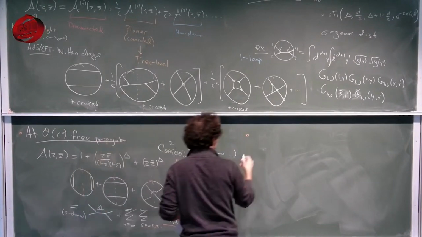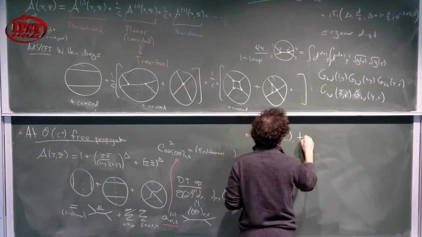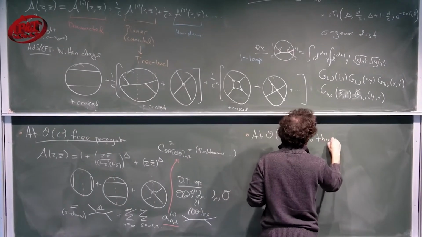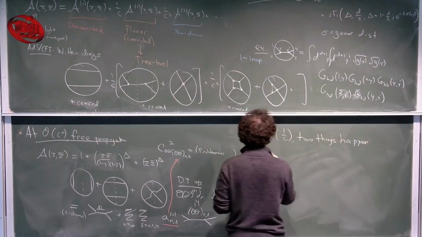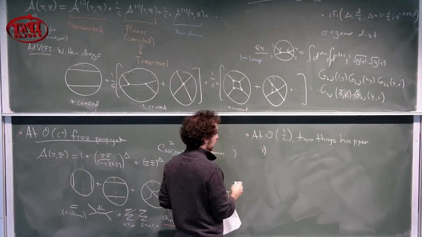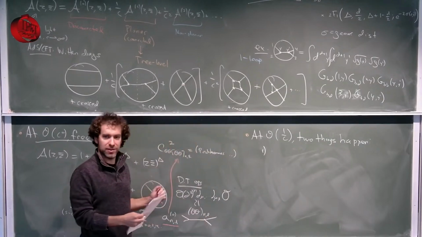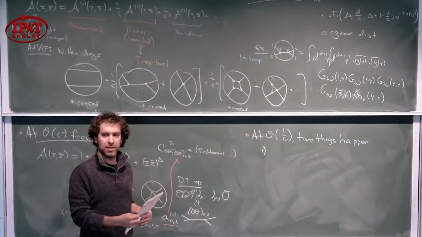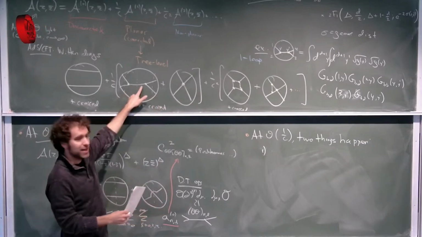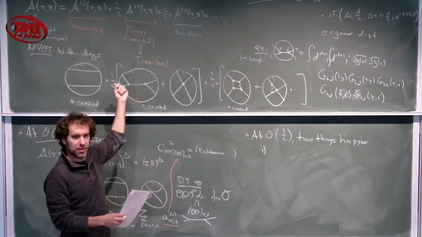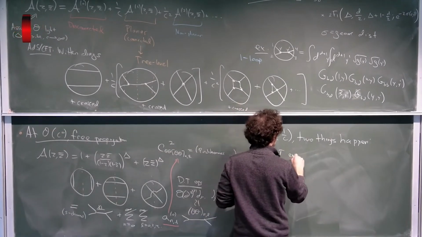And so now, at order 1 over C, this gets corrected in 2 ways. Now there are new exchanges, not just identity, but single trace operator exchanges from the boundary point of view. In other words, these are bulk fields giving rise to exchange diagrams, and what's propagating here? It's just some bulk field. That bulk field is dual to a boundary single trace operator. So there are now single trace exchanges